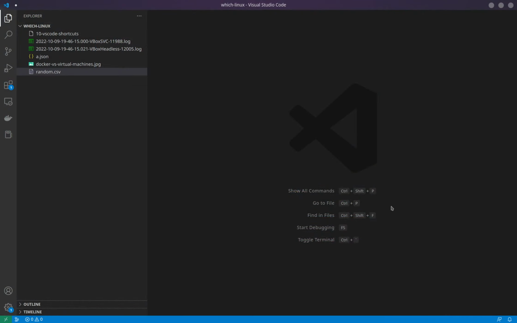Today we are going to talk about Visual Studio Code, one of the most powerful editors out there. It's known for its simplicity, its plugins, and its popularity. There is a good reason for that. VS Code offers a bunch of features that are really good, really smart, and really well implemented out of